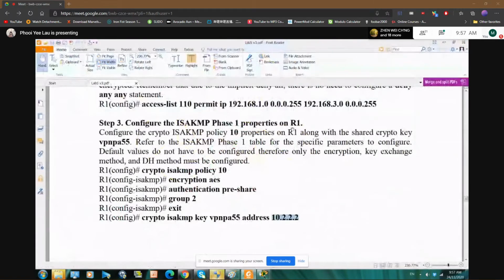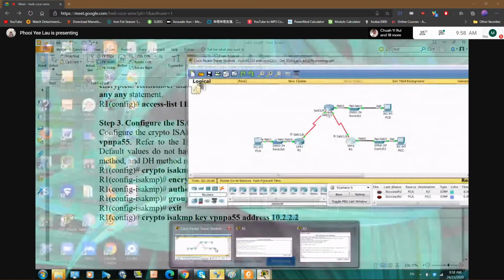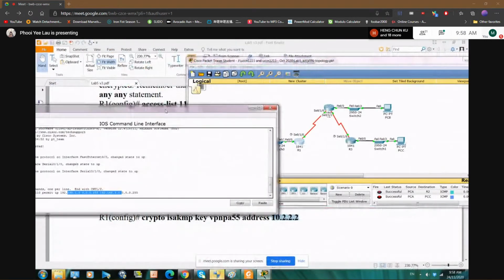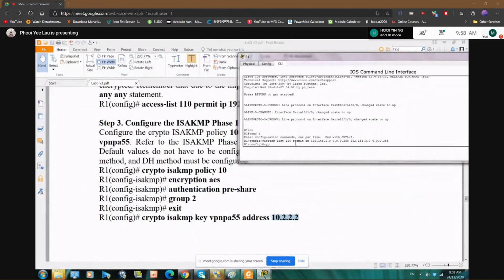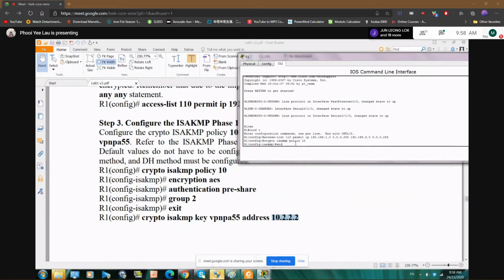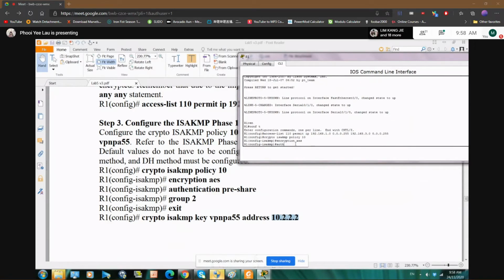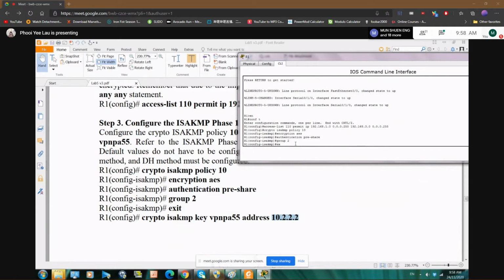So now you configure the second thing. It's in R1, so you need the R3 IP. And R3, you need the R1 IP. So you configure the second step. So if you take a look at R1, now you want to configure your policy. Crypto ISAKMP policy 10, right? Encryption AES, authentication pre-share, group 2, exit,